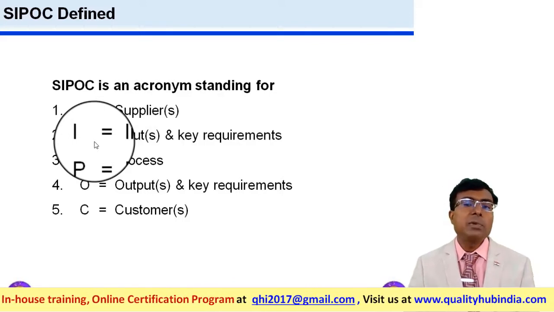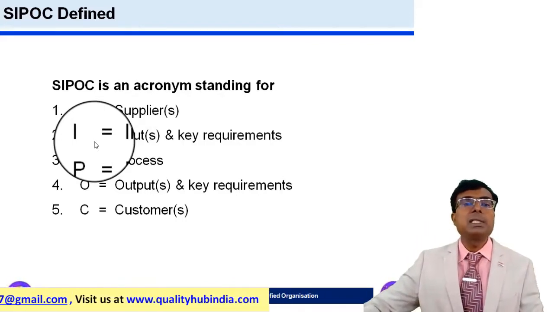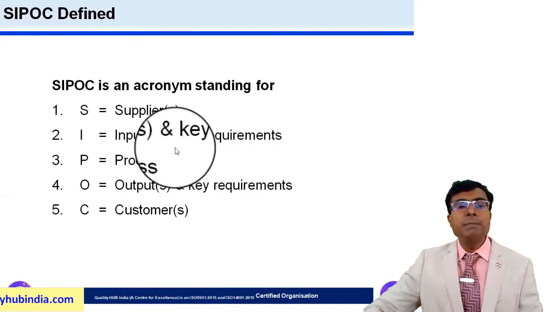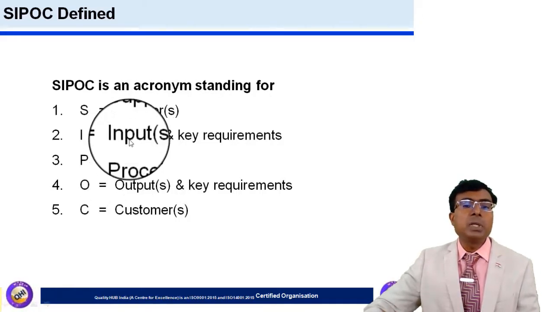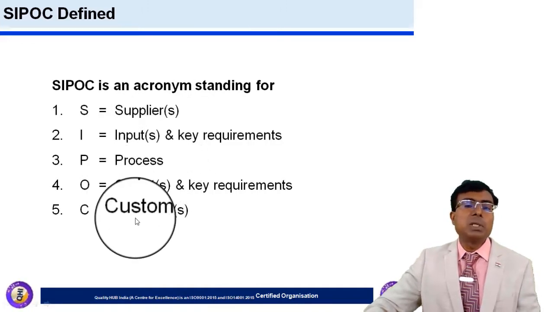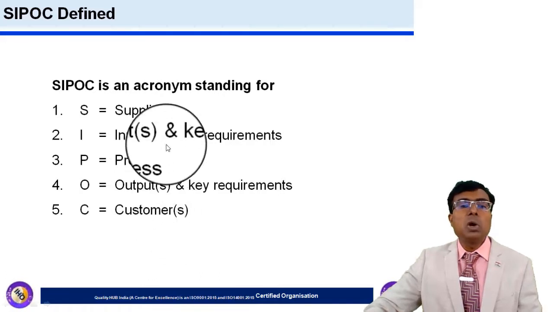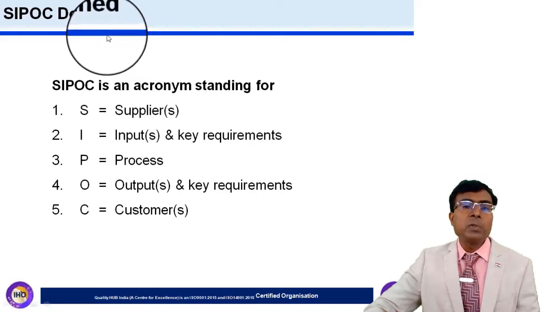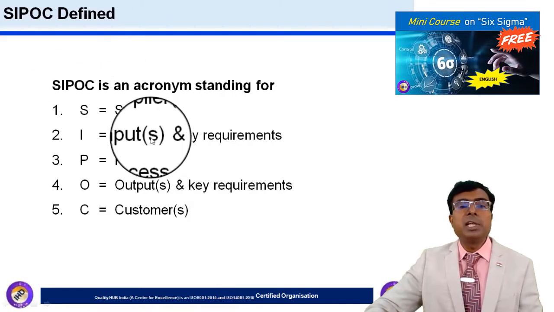In process flow diagram, we only understand the process flow of a particular process, whereas in SIPOC diagram, besides understanding the process, we also understand what are the input characteristics, what are the output characteristics of the process, and who are the suppliers for the inputs and who are the customers, or the output goes to which all customers. So those all things are also important for us to understand while driving a project. So SIPOC diagram is very much helpful for understanding all these nitty-gritty of the process.